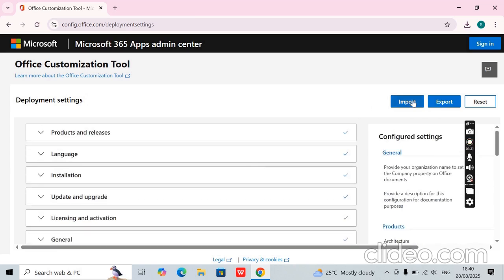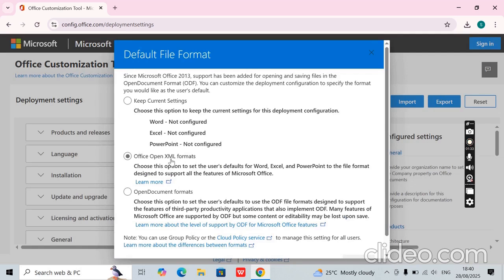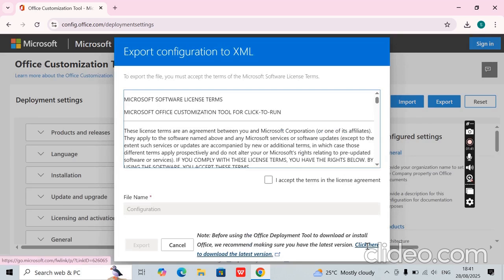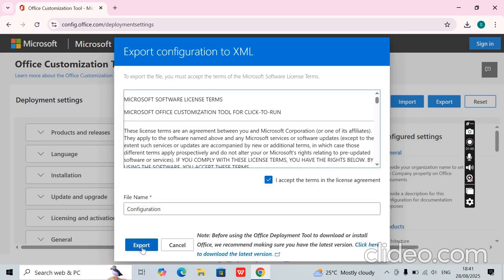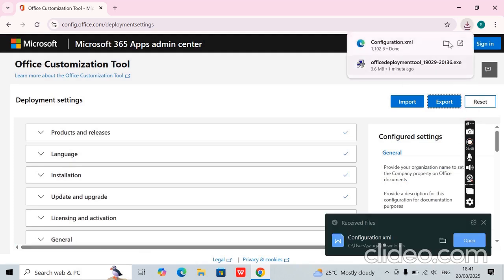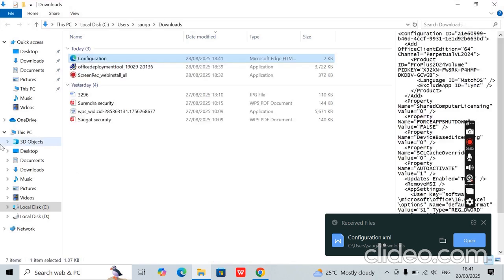and click on export, then Office open XML formats, then OK, then I accept the terms, export. It is downloaded. Now go to